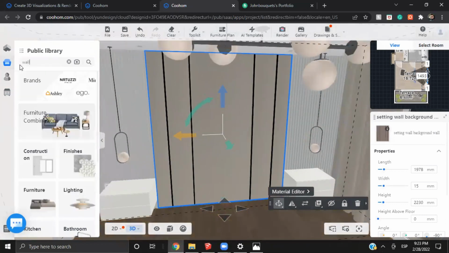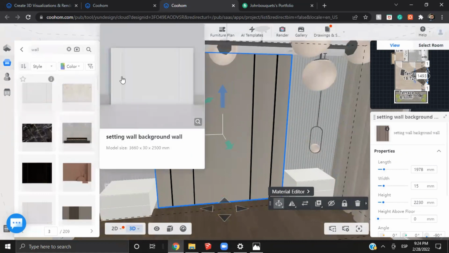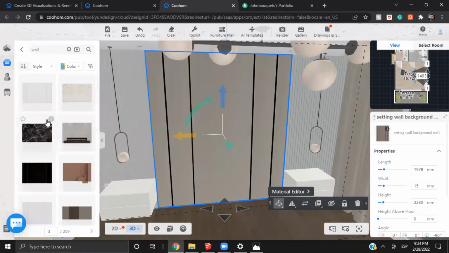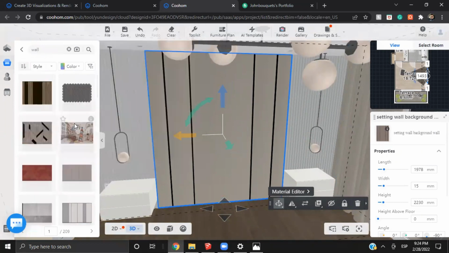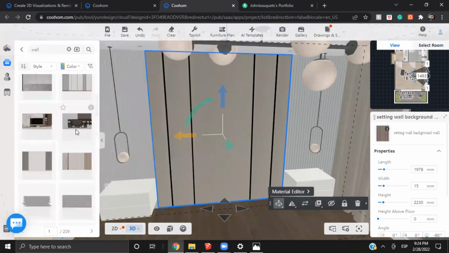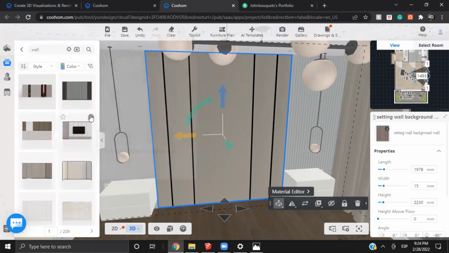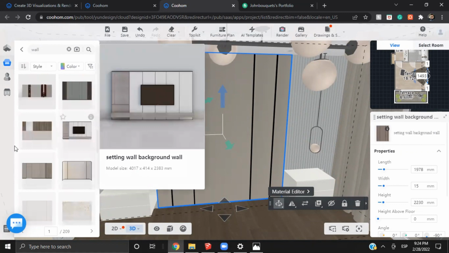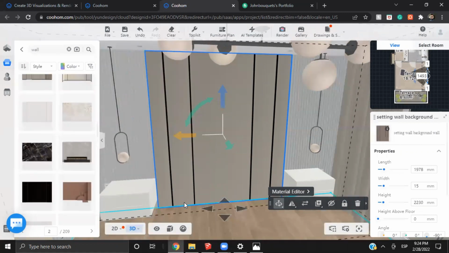When you search for wall, there are tons of walls that you can use for your projects, like for different environments, such as bedrooms, living rooms. This one has a nice, hold on, I lost it. Well, that one had a nice fireplace. This one already has a TV, but there are tons of walls and components that you can use and adjust